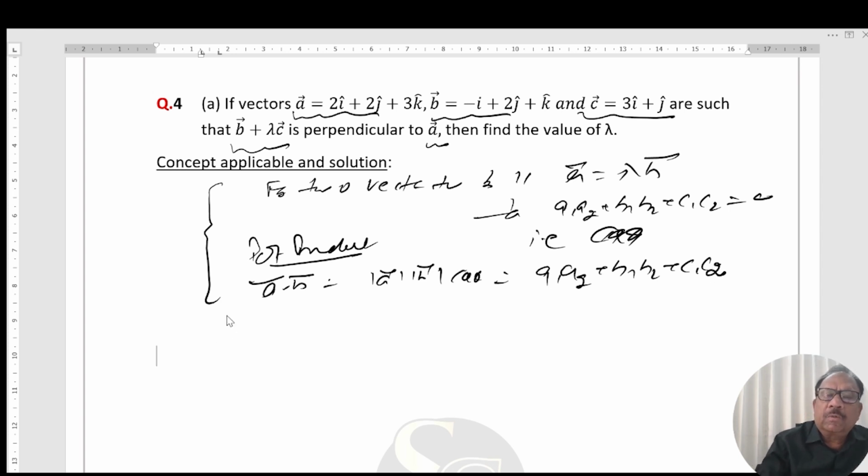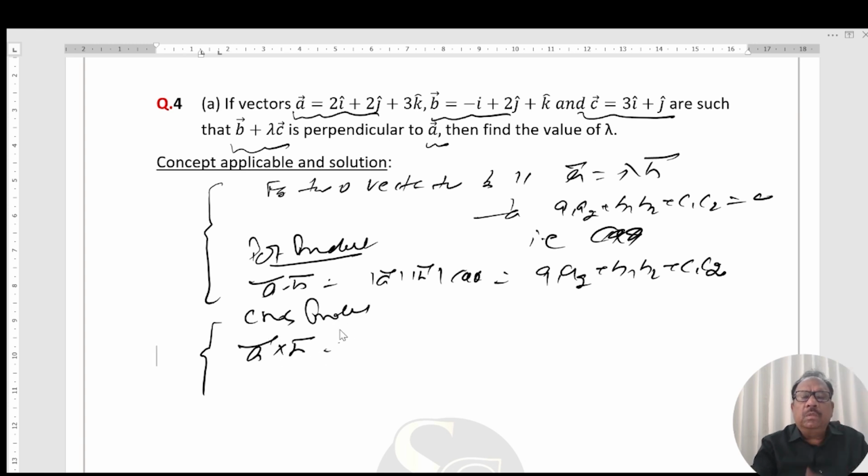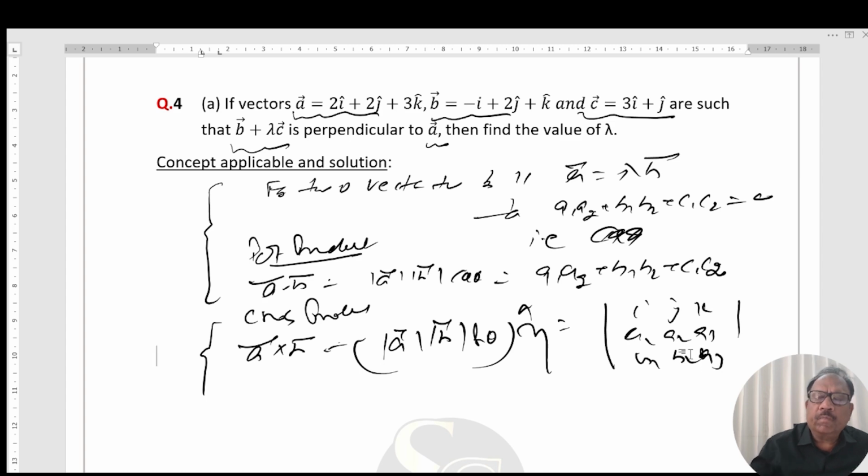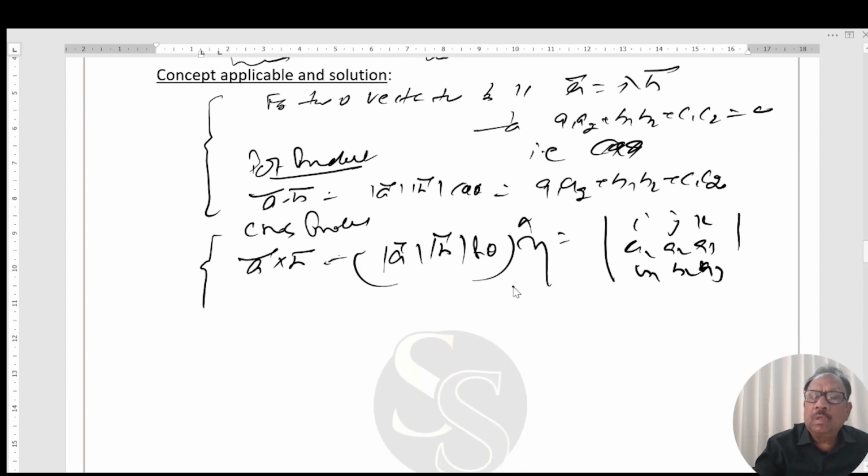So, next, cross product A cross B equals magnitude A, magnitude B, sin theta, equal to the determinant of i, j, k, A1, A2, A3, B1, B2, B3,